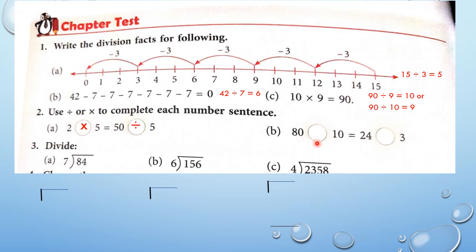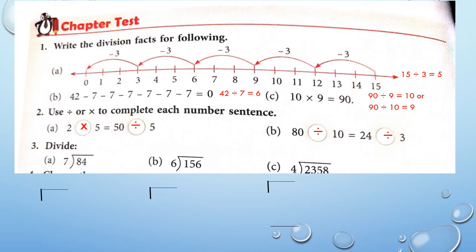Now here 80 and 10, 24 and 3. So here 80 divided by 10, if we multiply it will be 800, but 24 multiplied by 3 will not be 800. So we have to think and do the sum, and choose the correct sign. So 80 divided by 10 is equal to 8. Now if we multiply 24 by 3, the answer will be more. We need 8. So 3 8s are 24. We know that, right? So there will also be a division sign. Correct.